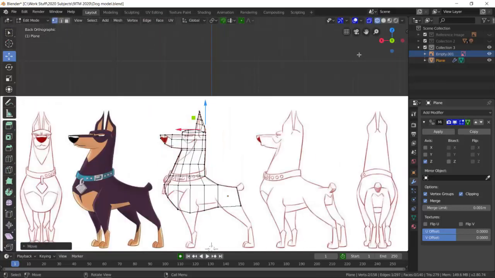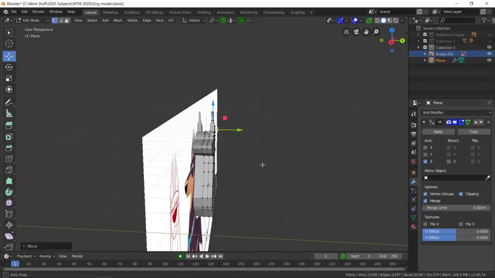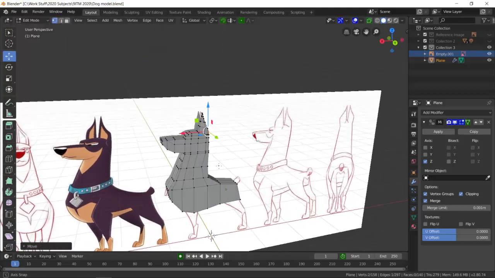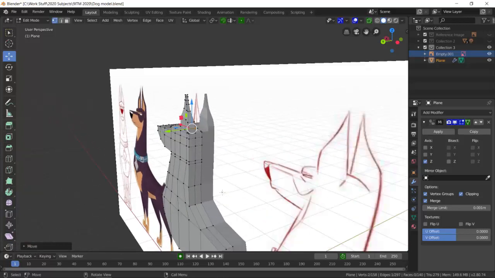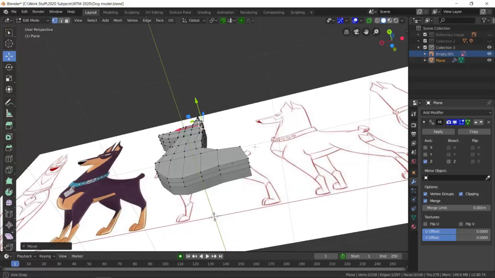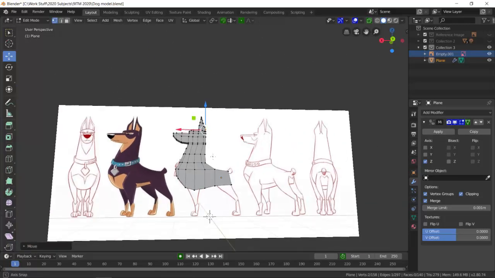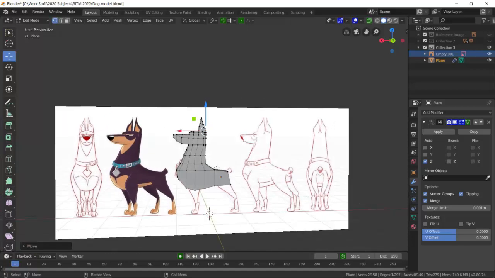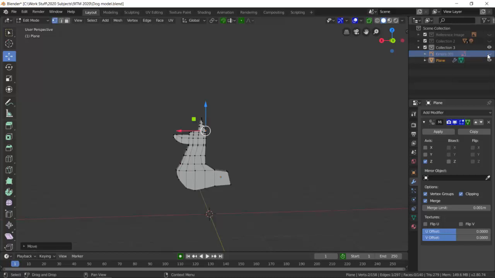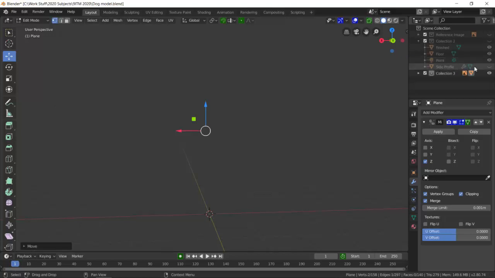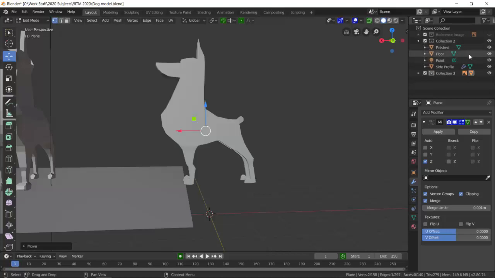So if I go back into solid mode, you'll see that I'm now starting to get that three-dimensional looking figure. Now for the tail, again, you can add in another loop cut. This is where I'm going to skip ahead a bit and show you my finished side view model, just to keep the tutorial a bit shorter. So turning off the visibility of these two, and I'm going to flick on my pre-prepared ones. So you'll see my side profile dog in my collection too,